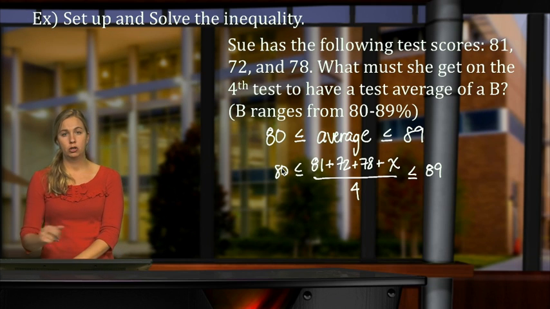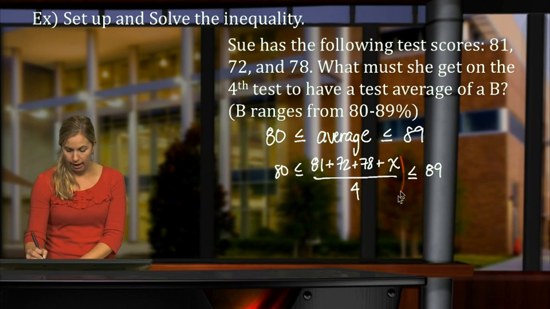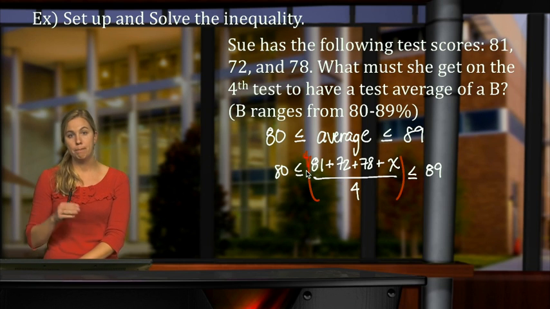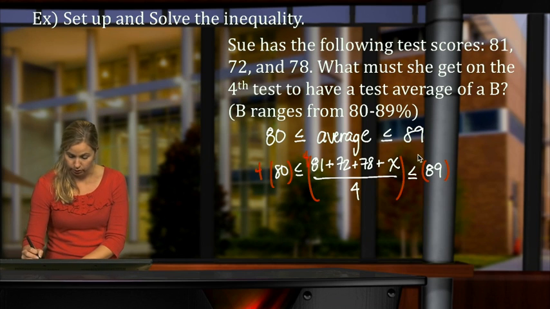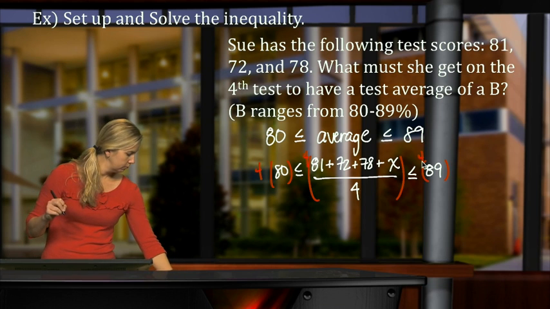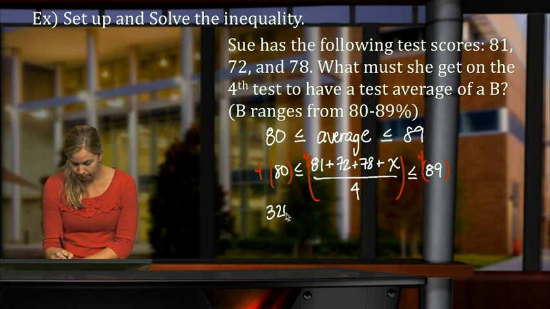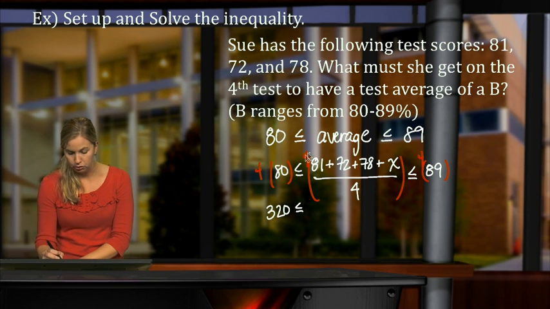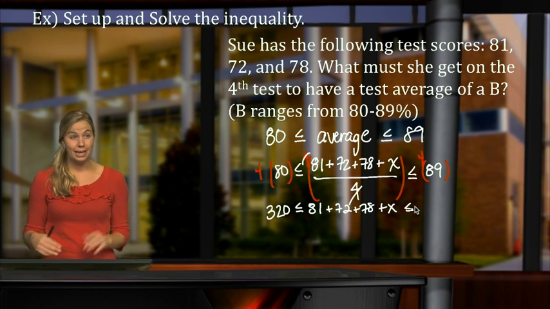And now we have a similar compound inequality to what we saw in the last example. To get rid of this 4 in that middle term, we're going to multiply everything by 4. So if I multiply the middle piece by 4, I multiply the left and the right also by 4. 4 times 80 is 320, is less than or equal to, these 4's cancel each other out, 81 plus 72 plus 78 plus x is less than or equal to 4 times 89, which I don't have